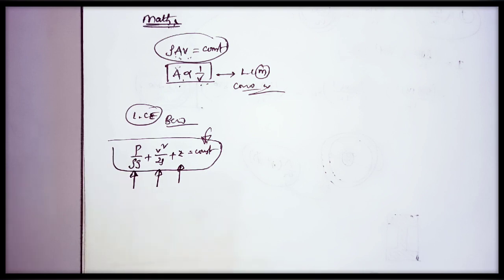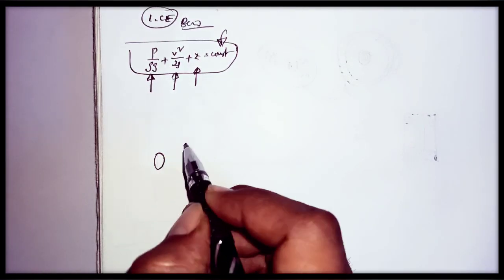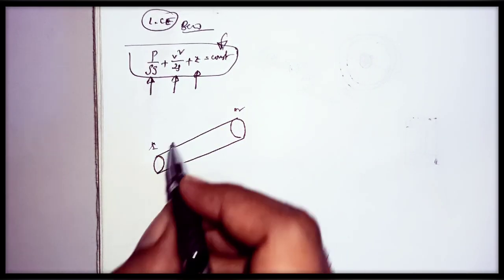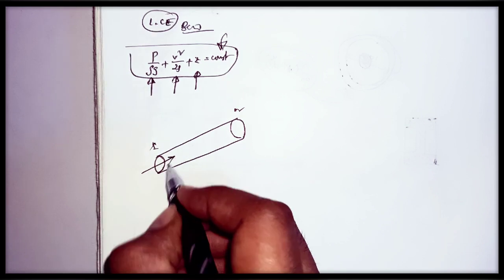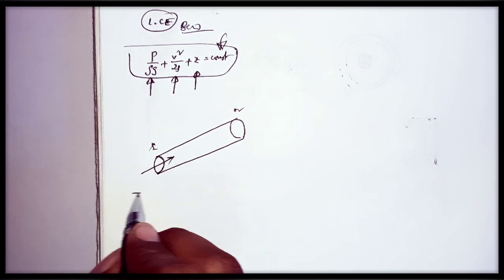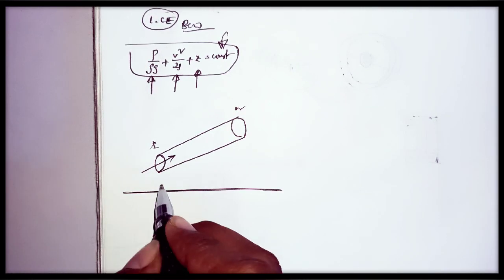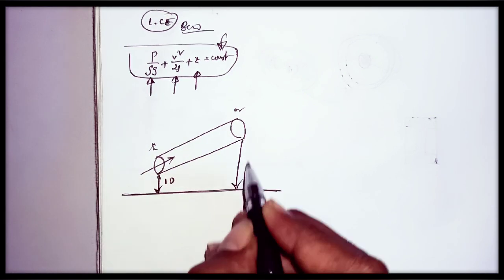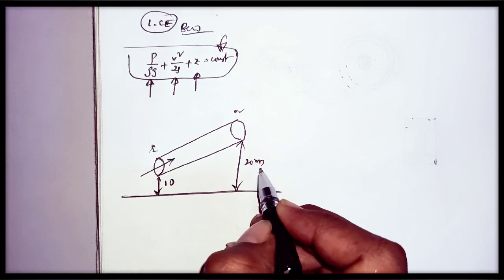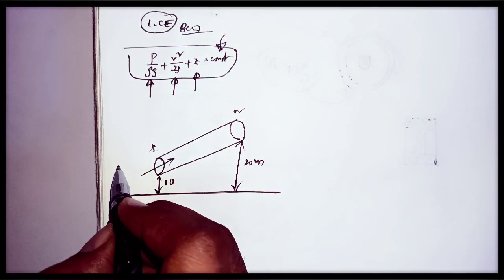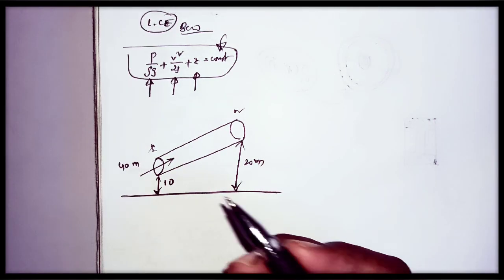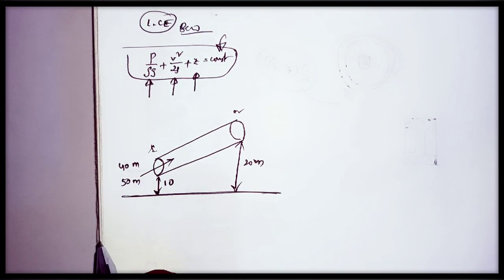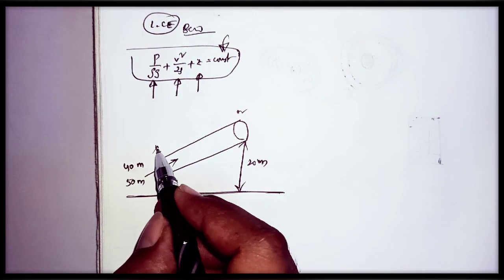Let us consider one pipe like this, with cross section 1 and cross section 2, and from cross section 1 to 2 I am sending some fluid with pressure head P. Let us consider a reference point, and from the reference the datum of the first cross section is for example 10 meters, and the second is at 20 meters height, the datum head. The pressure head let us consider 40 meters, and the kinetic head of this fluid is 50 meters. The water is flowing from the first cross section to the second cross section.